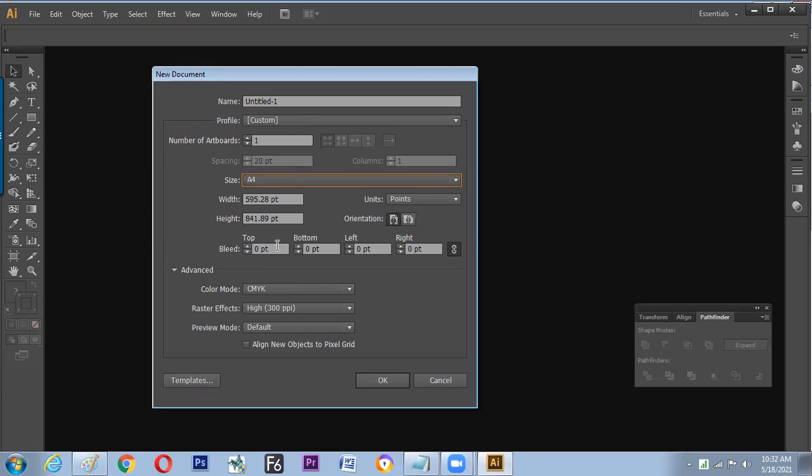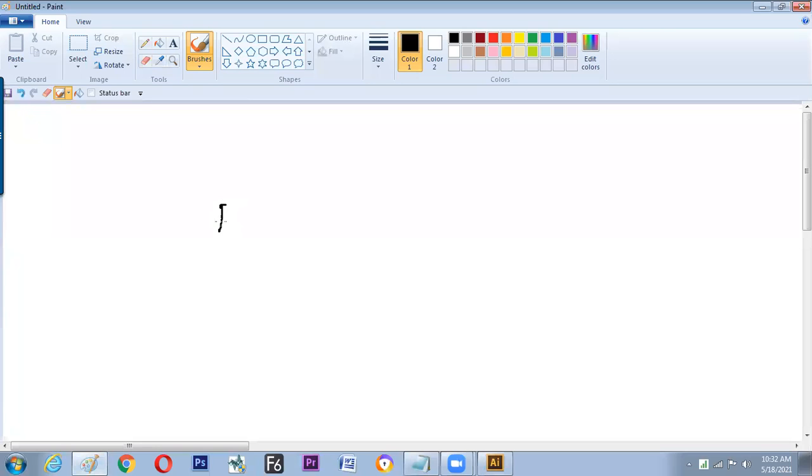Now let us go for bleed. So what is bleed? This is the wastage space generally left blank inside the printable document, because once your print is done, it goes through various processes. Once the printing happens, it doesn't come to the reader directly. It goes through a process called folding.